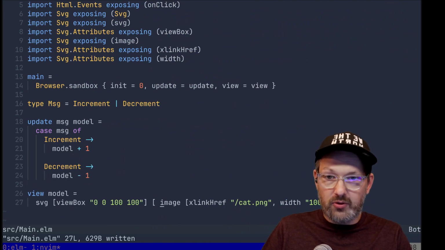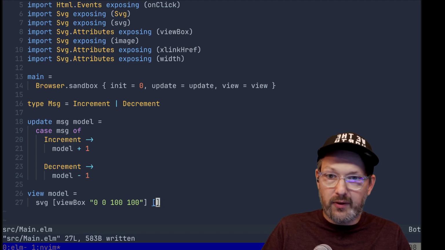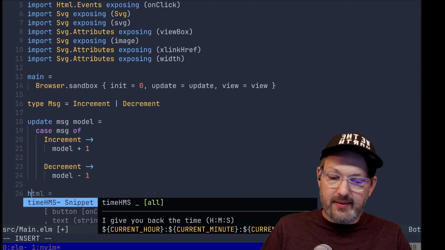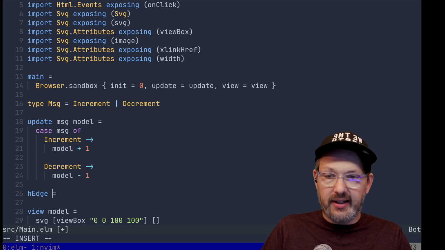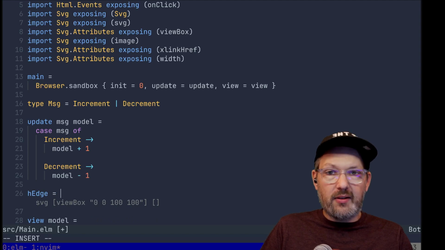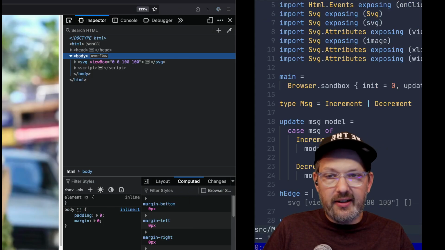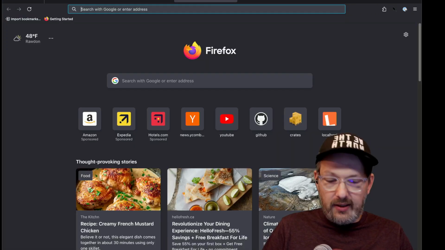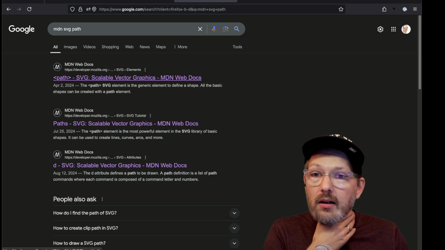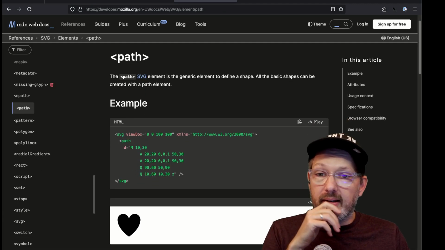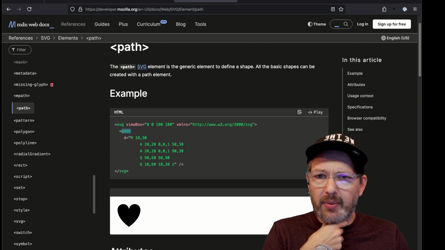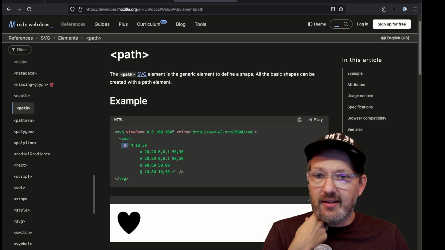I want to draw the edge of a puzzle piece. So let's start with something easy, a horizontal edge. And so this is defined by a start and an endpoint, obviously. If we go to the MDN SVG path, then we can see the way we want to do a path is you have the path element and then you have this mysterious d